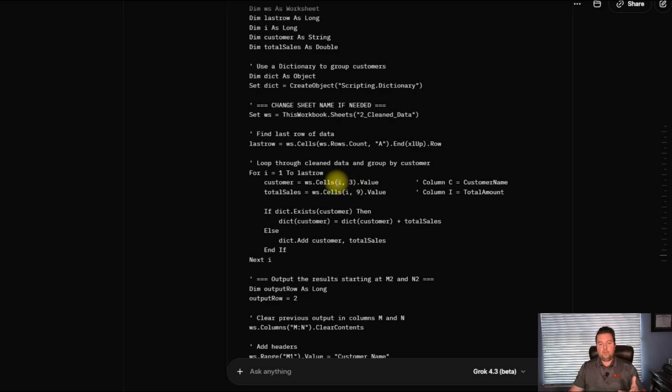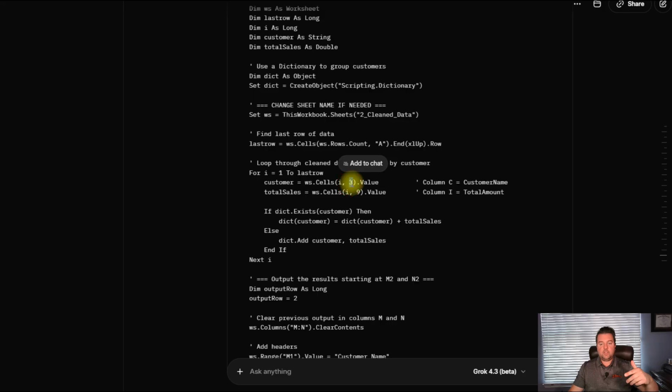For example, in something like this, where you're trying to go to this cell, you've got potentially 2 numbers in here, which can be a little confusing. So sometimes you might want to use this notation like it did. Other times you might want to do this, where you're saying this is the row, which is I, because that's changing as we go from 1, 2, 3 as it loops through.